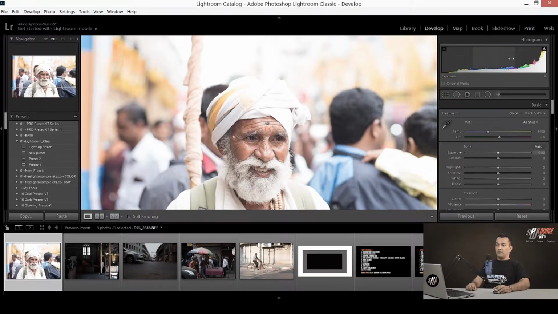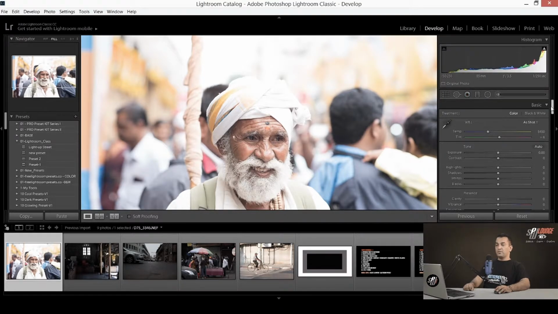You can see how it looks. And there are some local adjustments like cropping, spot removal, red eye correction, graduated filter, radial filter, and brush adjustment. So all these are the local adjustments.